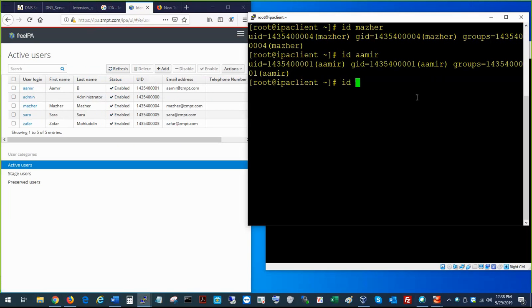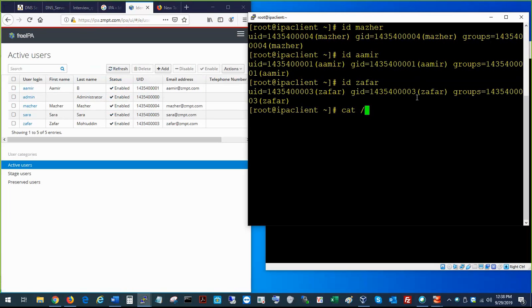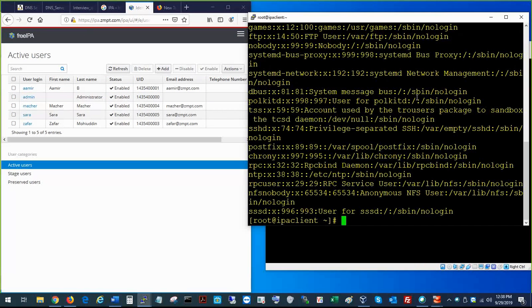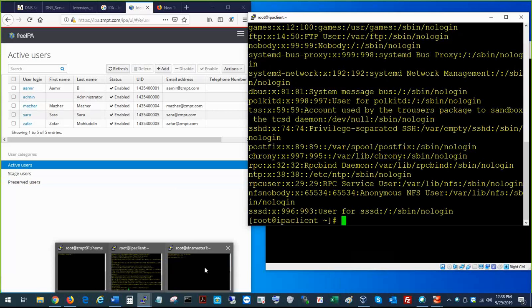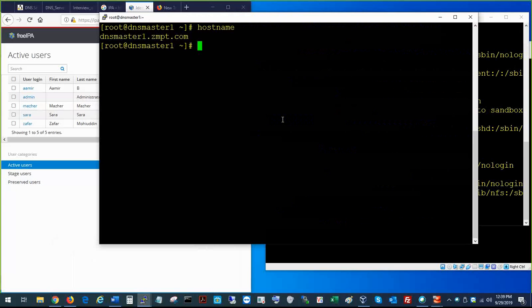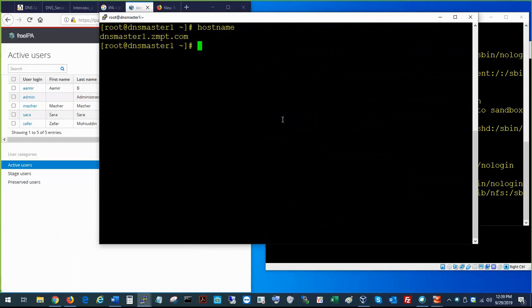Let's do ID Ahmed. Ahmed is there. ID Zafar is there. Okay, but they are not there in cat /etc/passwd. You don't see them in there. So if this is working, let me try to log into one of the DNS masters and see if I could do it. Okay, so Zafar is not there, right? What I'm going to do is,